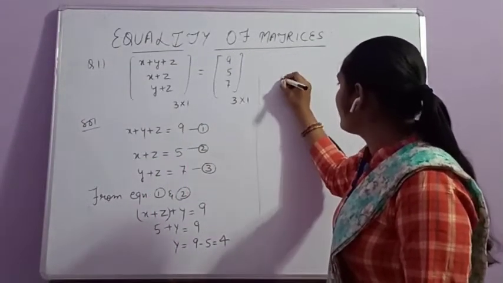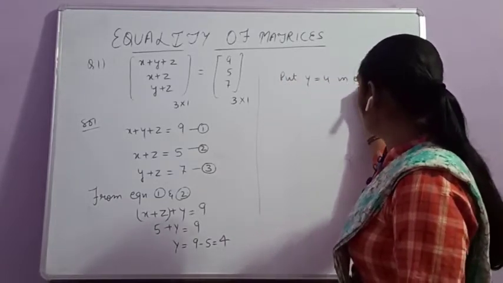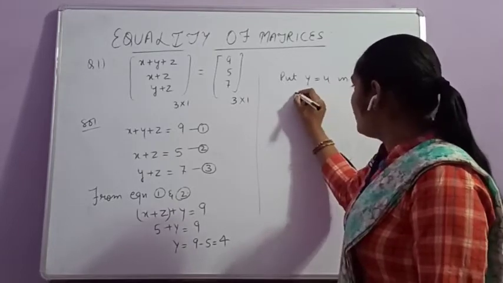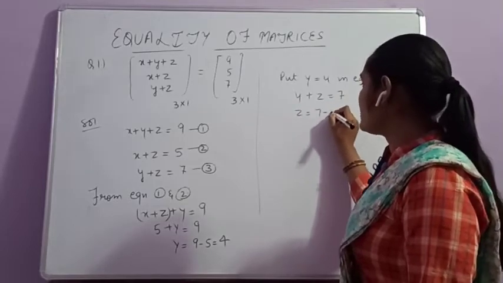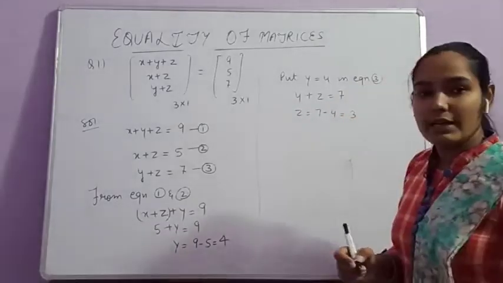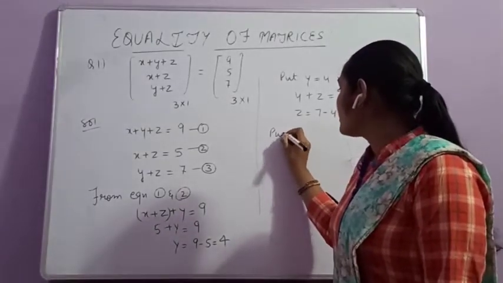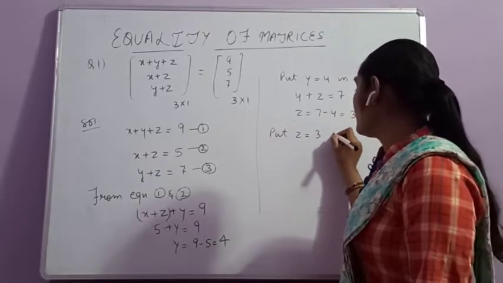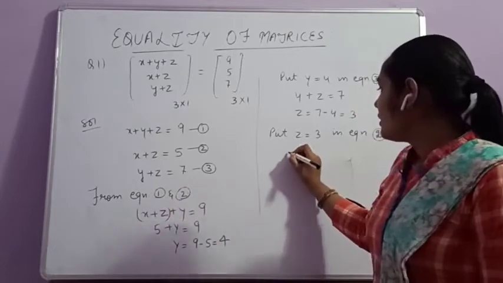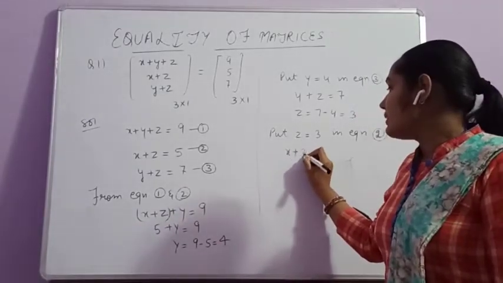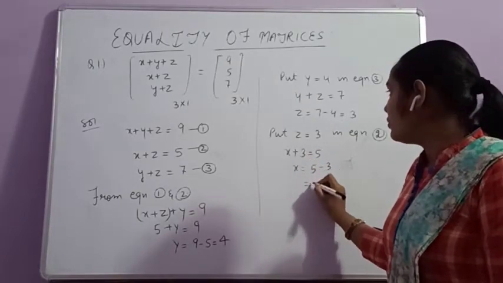Put y is equal to 4 in equation 3. 4 plus z, that is equal to 7. Z will be 7 minus 4, that is equal to 3. Clear? Similarly, we can find value of x. Put z is equal to 3 in equation 2. x plus 3 that is equal to 5 and x is equal to 5 minus 3 that is equal to